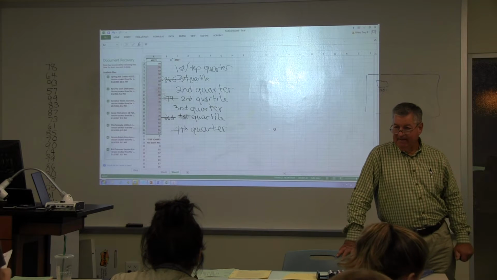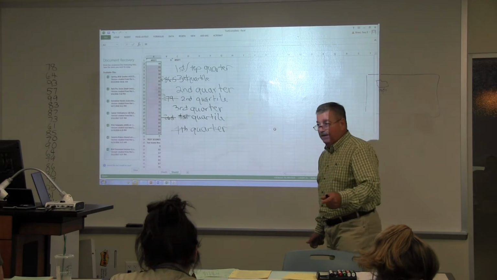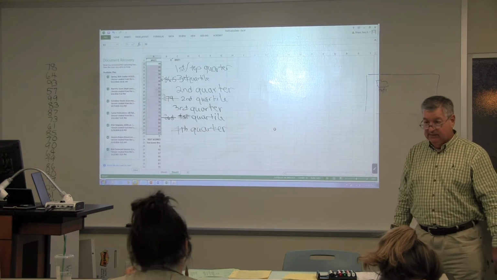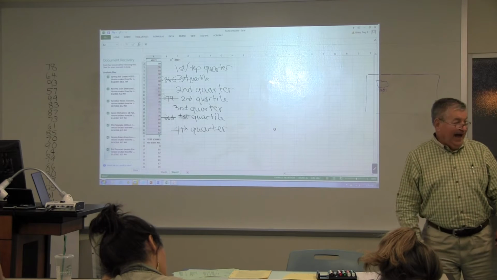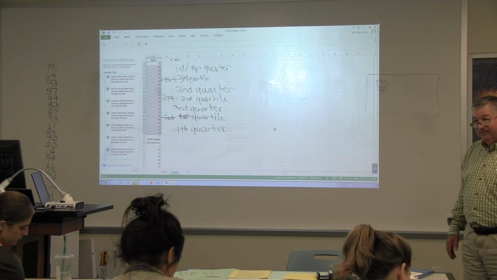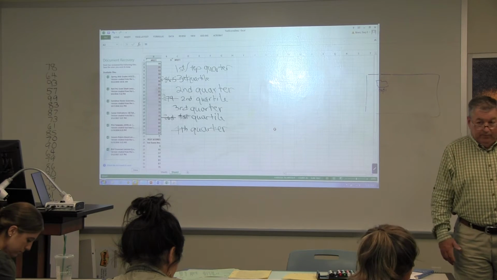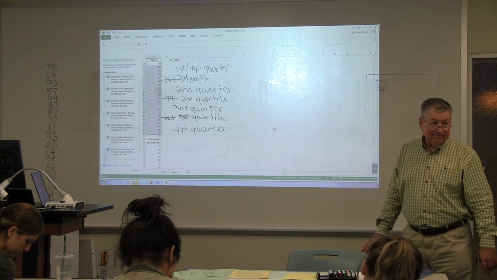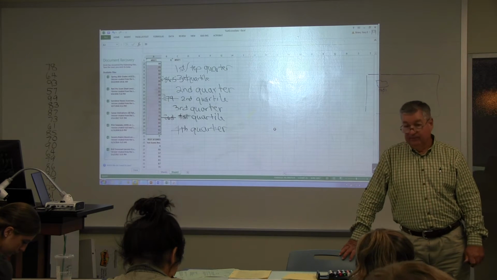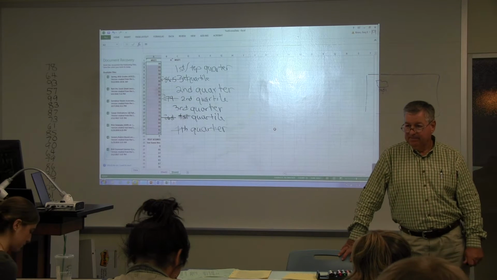The number of aisles for quartiles is determined as one less than the number of categories that you're going to have. You want to divide something into twos, into halves. How many aisles do you need to divide something into halves? One. You want to divide stuff into thirds? You just have to have two. You want to divide it into quarters? Have three. Keep going.